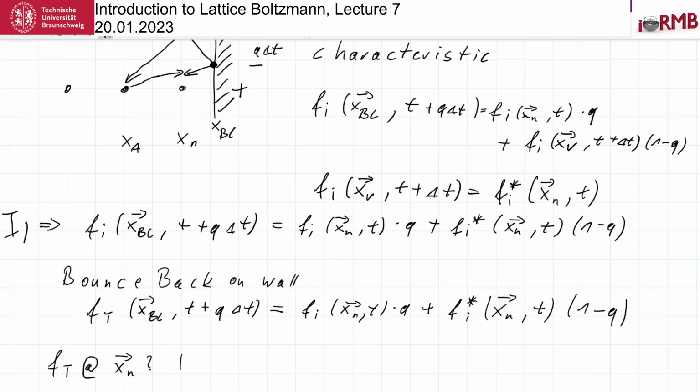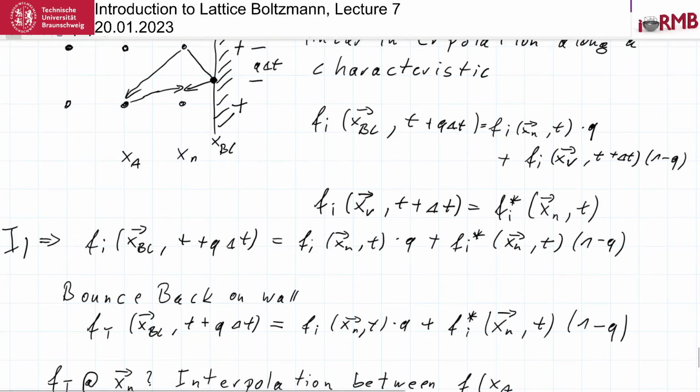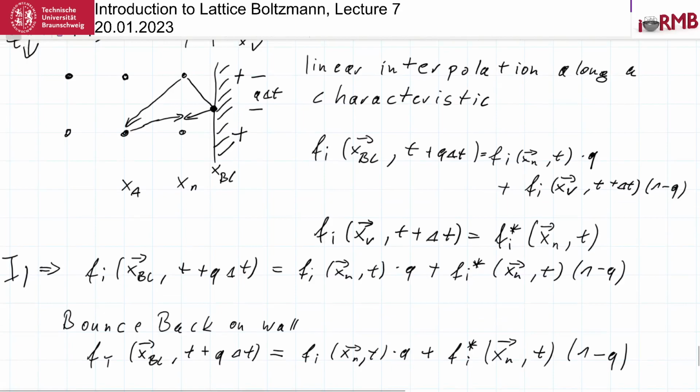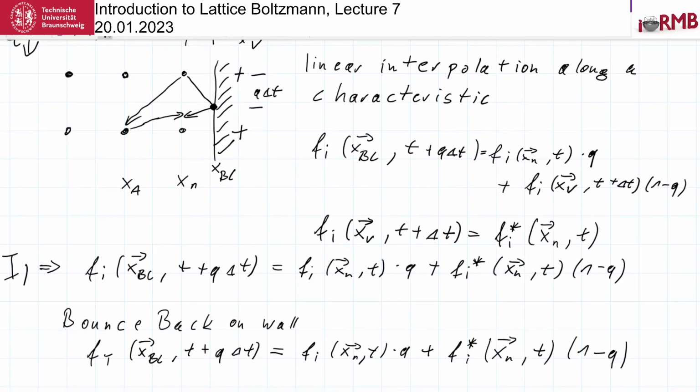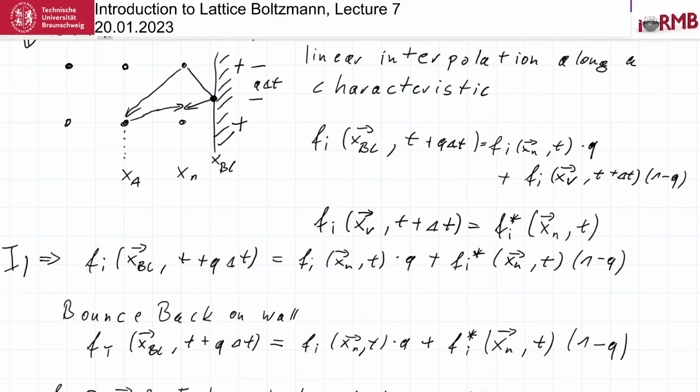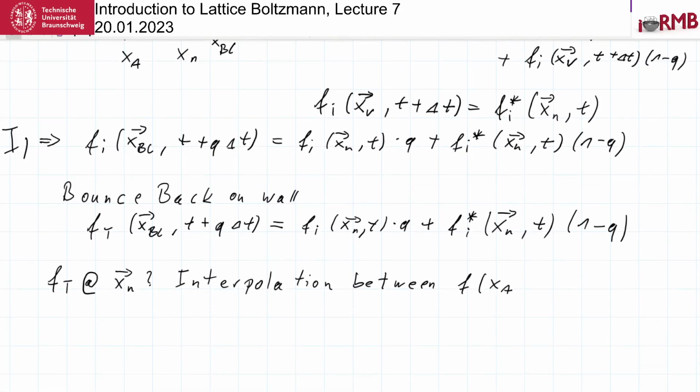And this we do by interpolating between f now at the position A. Unfortunately, this is now running out of space. So A is the node next to us, next to the boundary node,